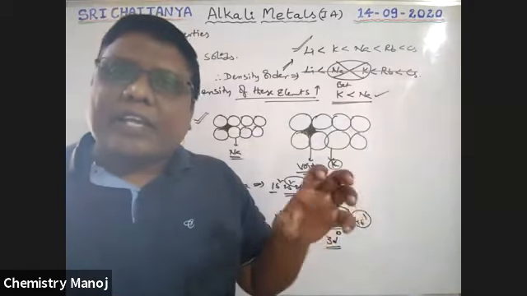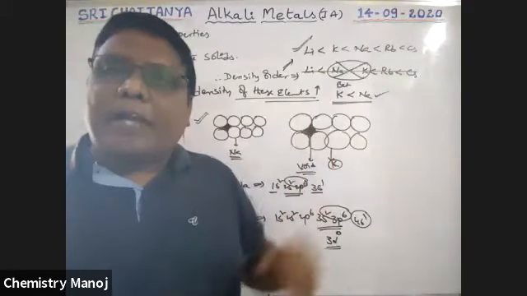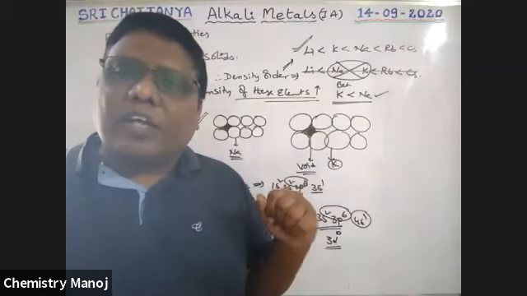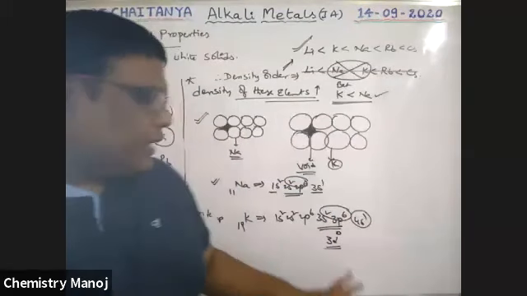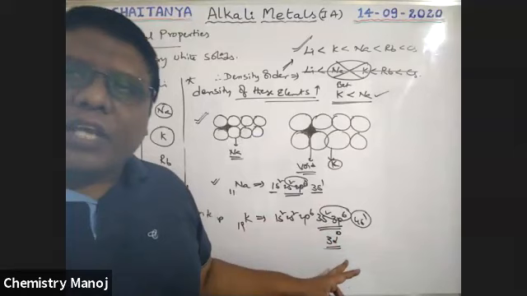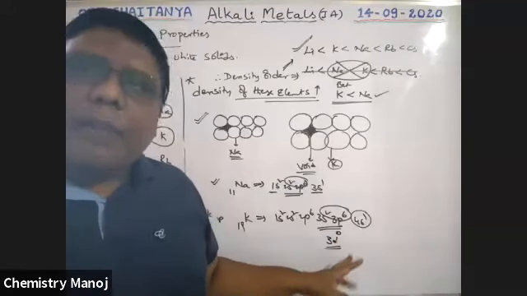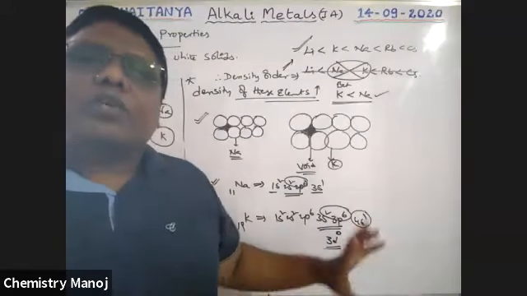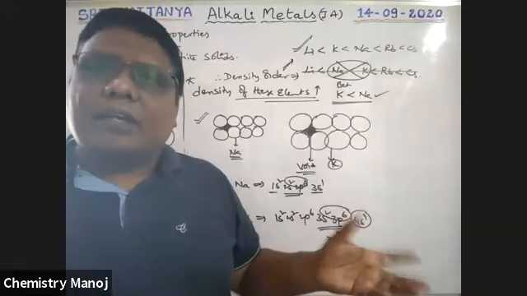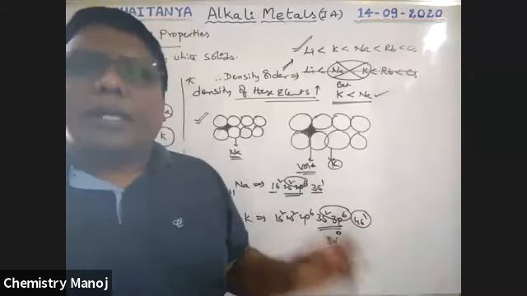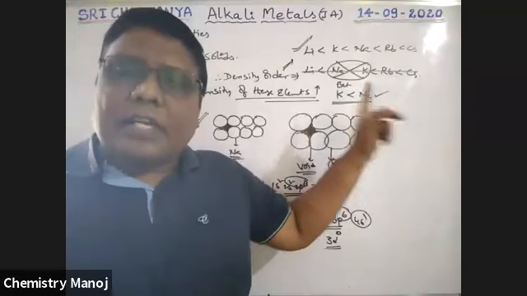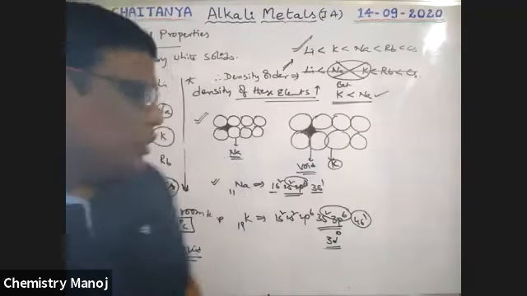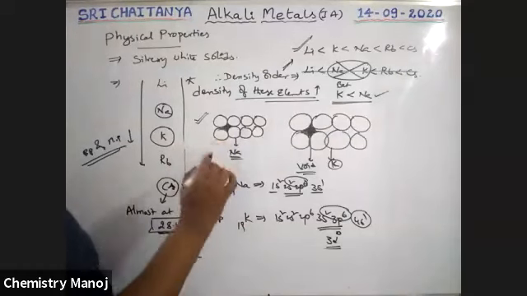This emptiness creates a larger volume when compared to sodium, and because of the increase in volume, the density automatically decreases. Because of the presence of the anti-penultimate shell having empty d orbitals, there is more emptiness. Because of that, abnormally, the density of potassium is less than that of sodium. These are the two important points about density, boys.